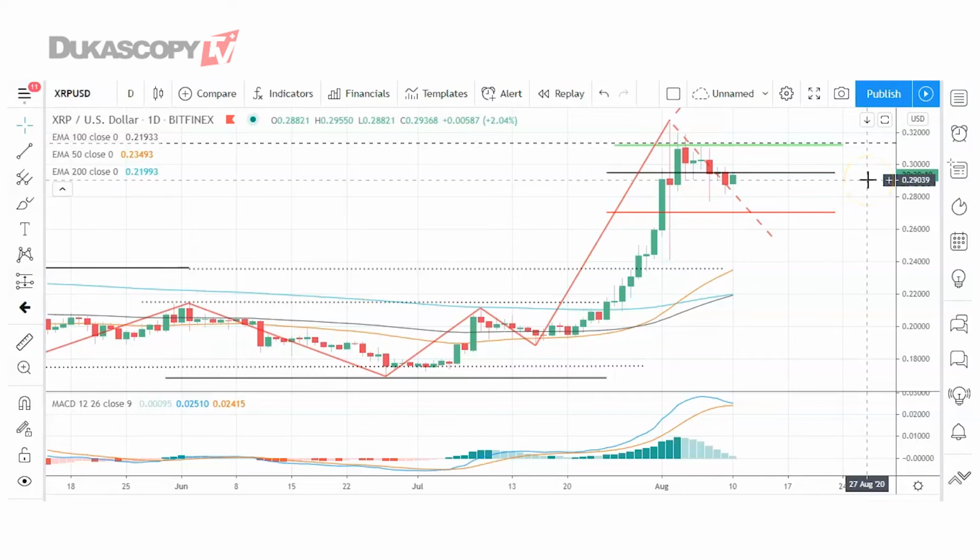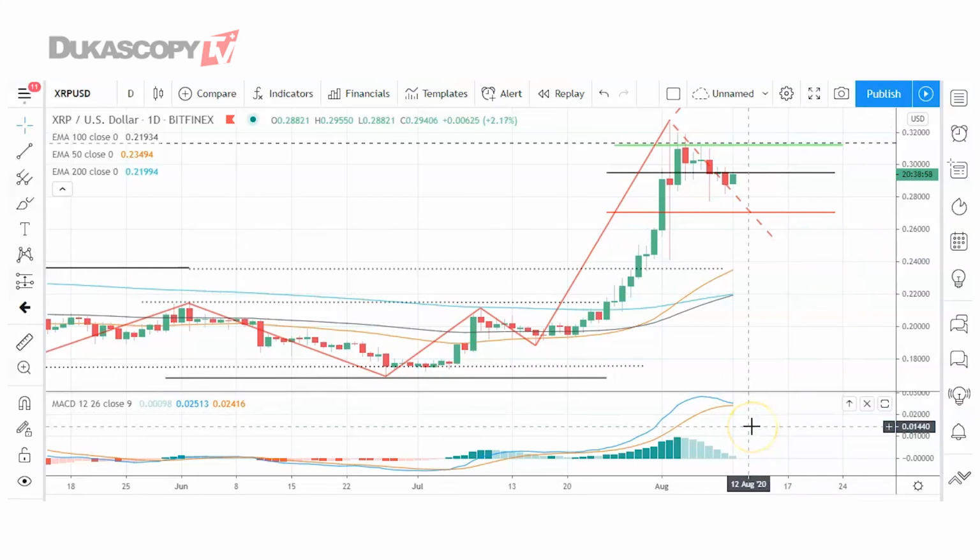Failure to move through the pivot would bring the first major support level sitting at 27.032 into play. Barring an extended sell-off in the week, we should see Ripple's XRP avoid sub 26 levels. The second major support level sits at 25.28. Looking at the MACD, we're seeing that possible bearish crossover here with a marked narrowing in the bullish histogram